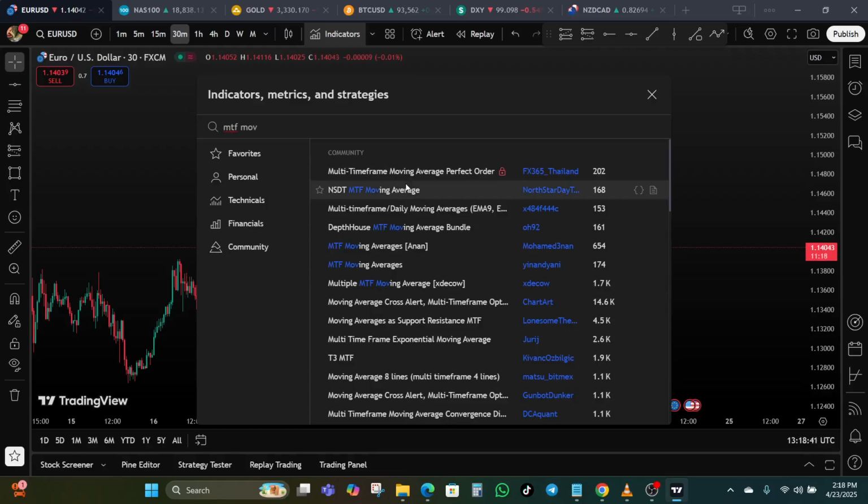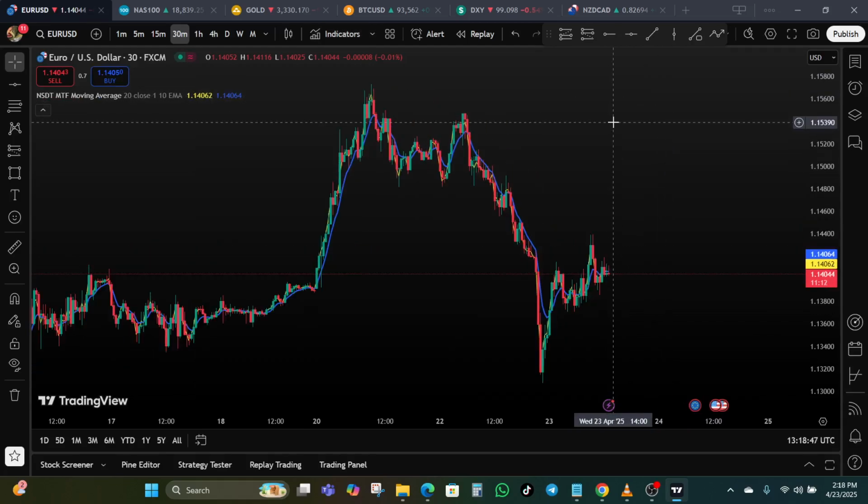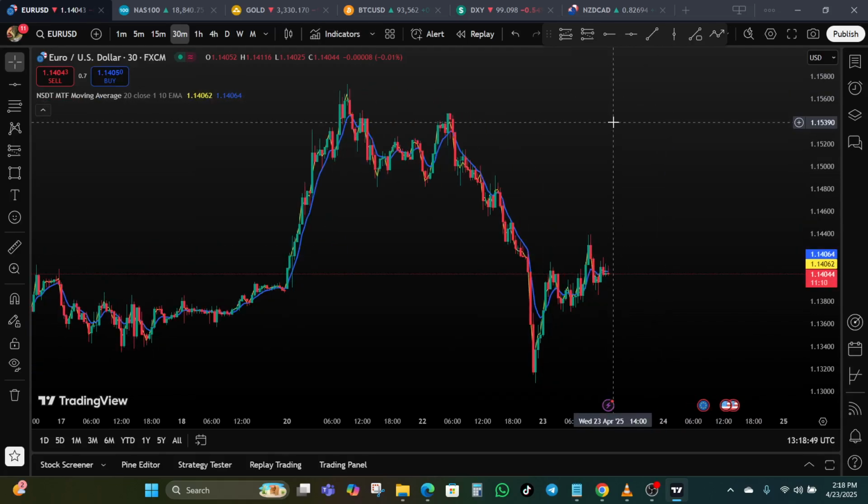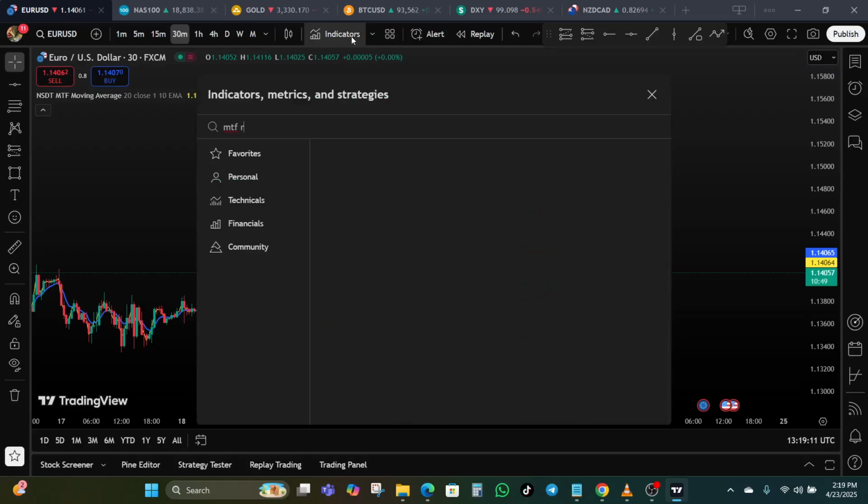a multi-time frame, let's say you are using an MTF moving average, for example. Let's say you are using an actual multi-time frame moving average. It might show you where the higher time frame moving average is sitting, even while you are looking at a lower time frame. All right? And then an MTF RSI